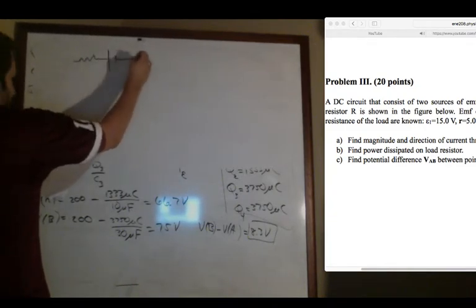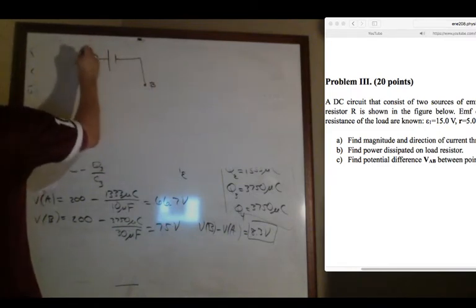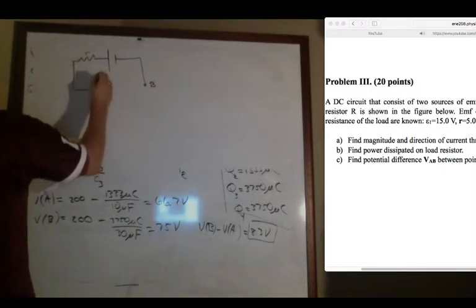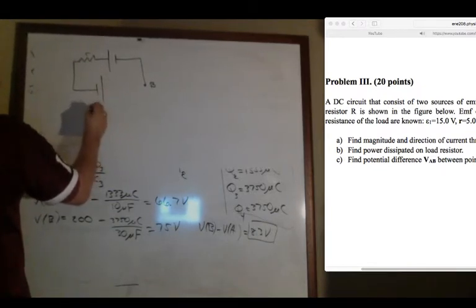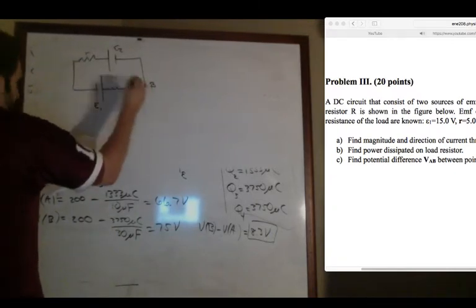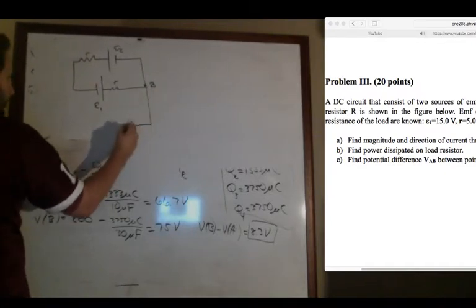Battery. And this is going to be pointing to B. This is going to be a little r. And then we're going to have another battery here. This is EMF 1. This is EMF 2. Another resistor, another little r. And then here's our big load resistor, capital